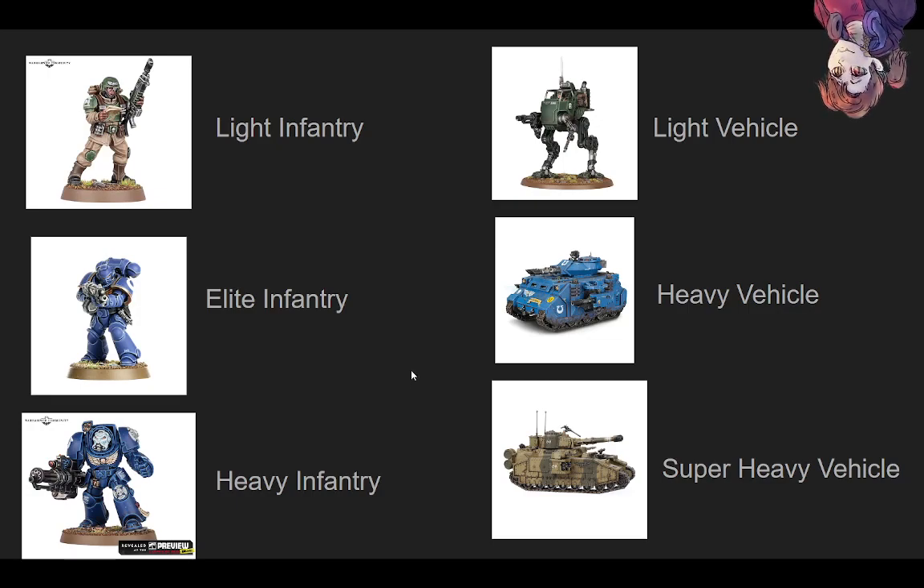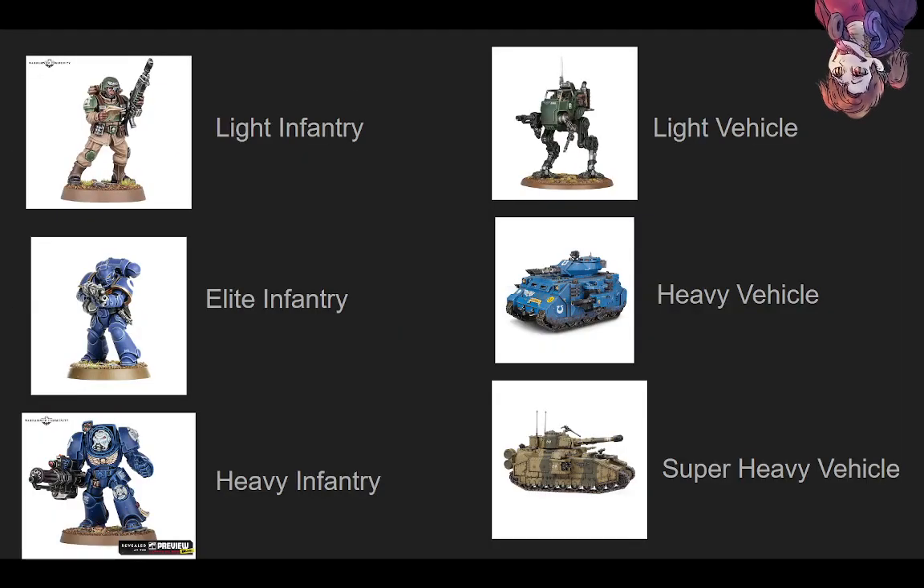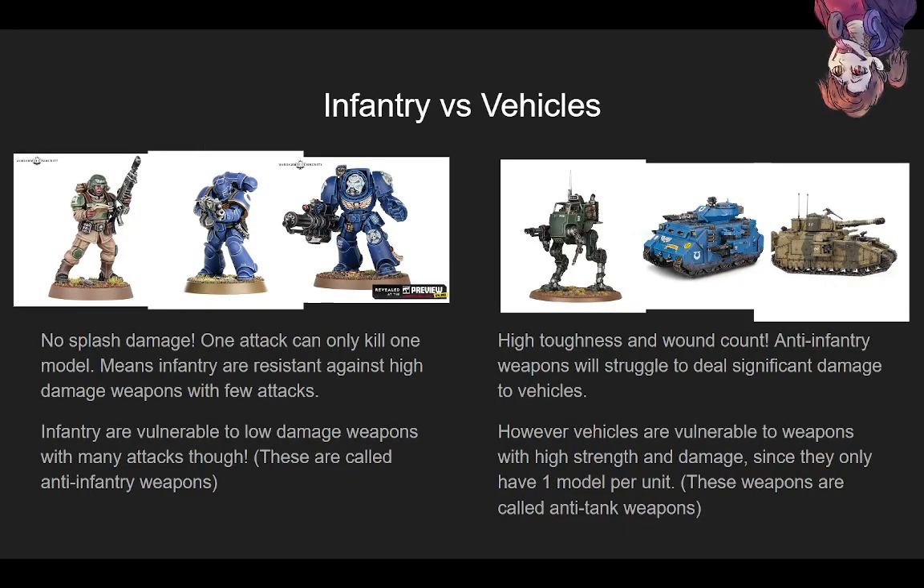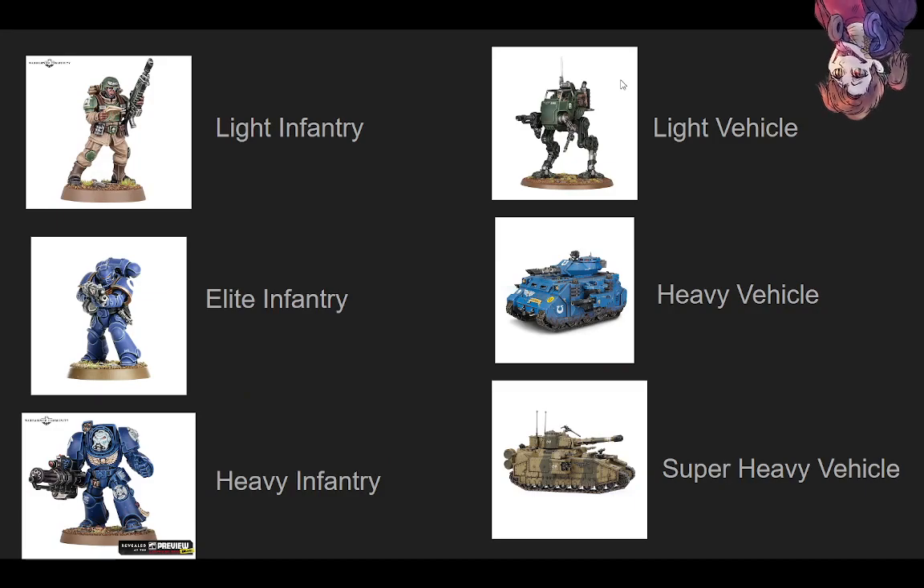This video is kind of rambly and unscripted, clearly, if you couldn't tell by now, but I hope this helped you out a little bit, because one thing I see a lot of new players struggle with is that they understand the difference between infantry and vehicles, but they don't really understand the difference between each category of these